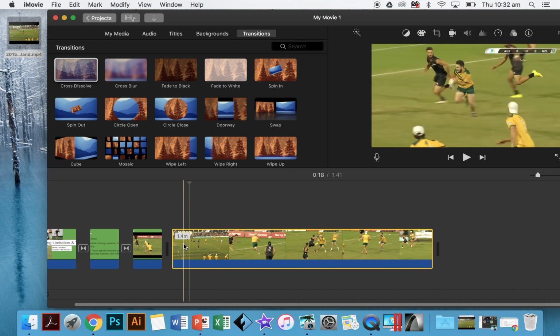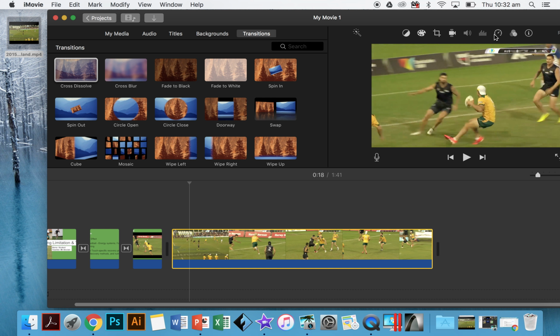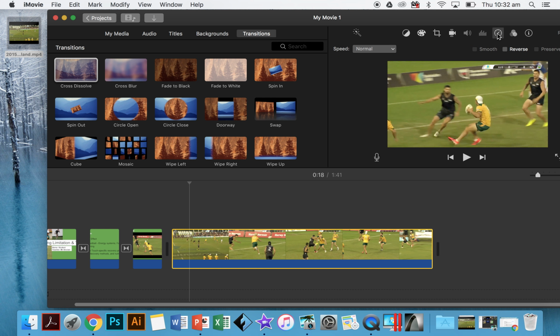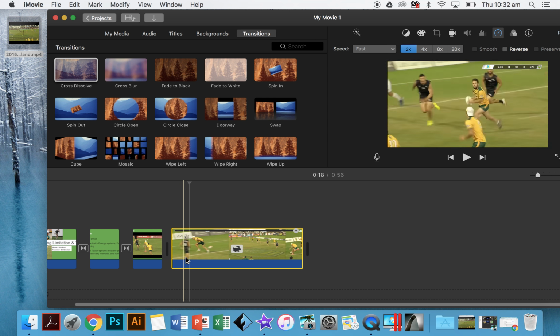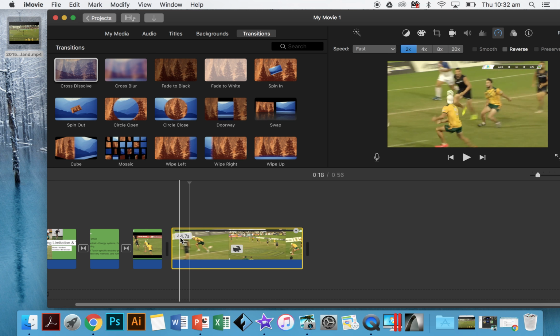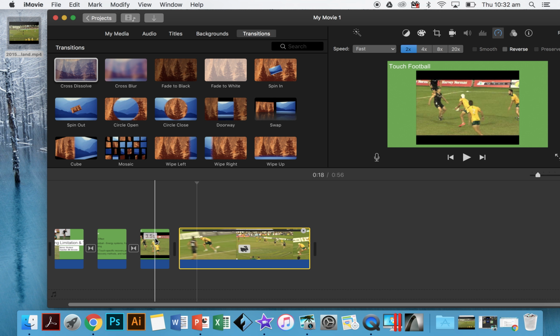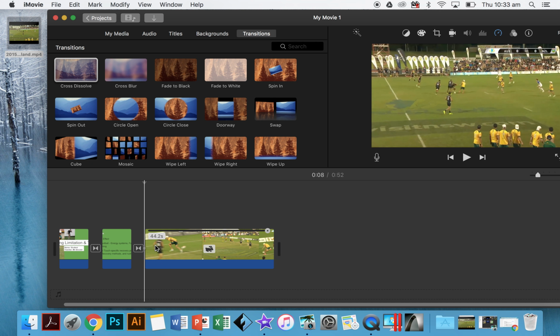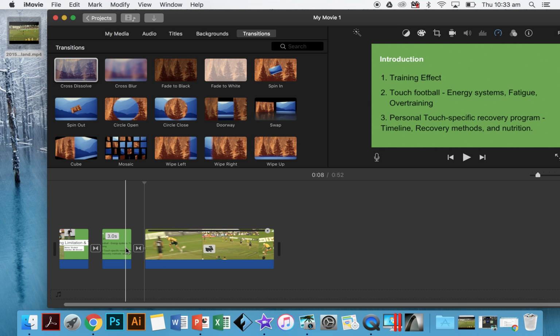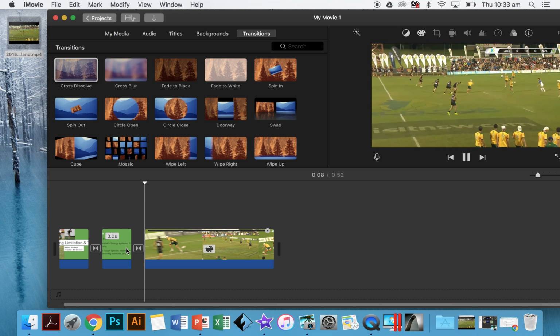Okay, so there's two ways we can make that shorter. The first way is we can go into this little speed function here, and we can go fast. So now that's brought it back to 44 seconds. Alright, so we can delete our last one, and then it'll go from our introduction straight into the video where